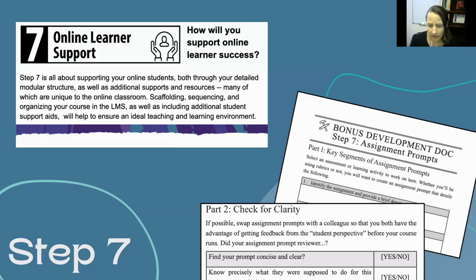Another thing that might happen in face-to-face but gets forgotten online is detailed module overview. So introducing this chunk and kind of topically, what's it about? What are they expected to do? How does it connect? What are their activities and assignments for that week, 2 weeks, et cetera? And then